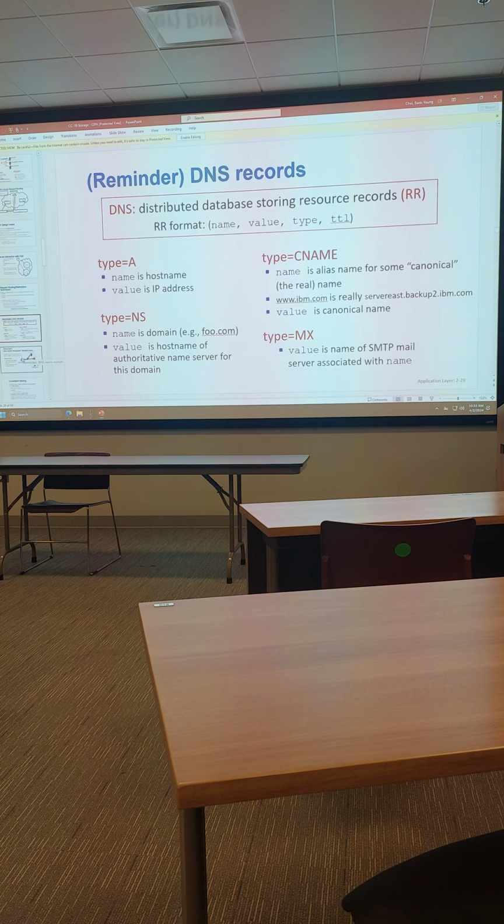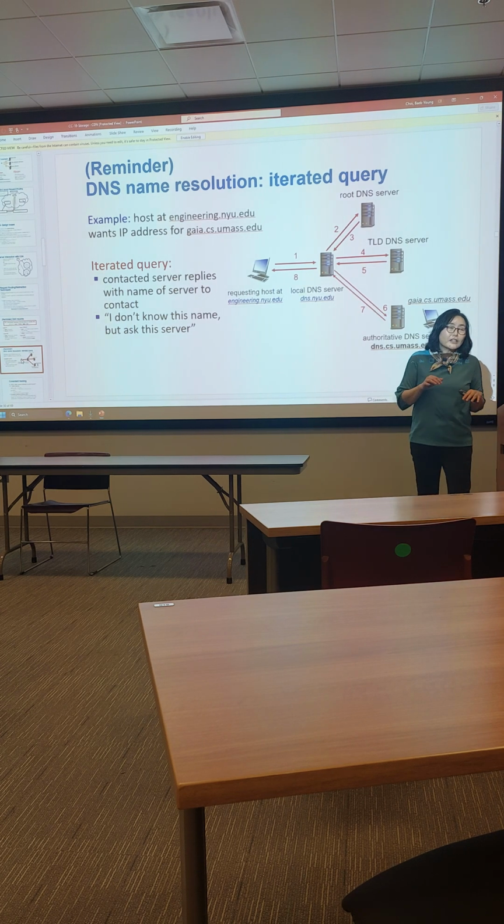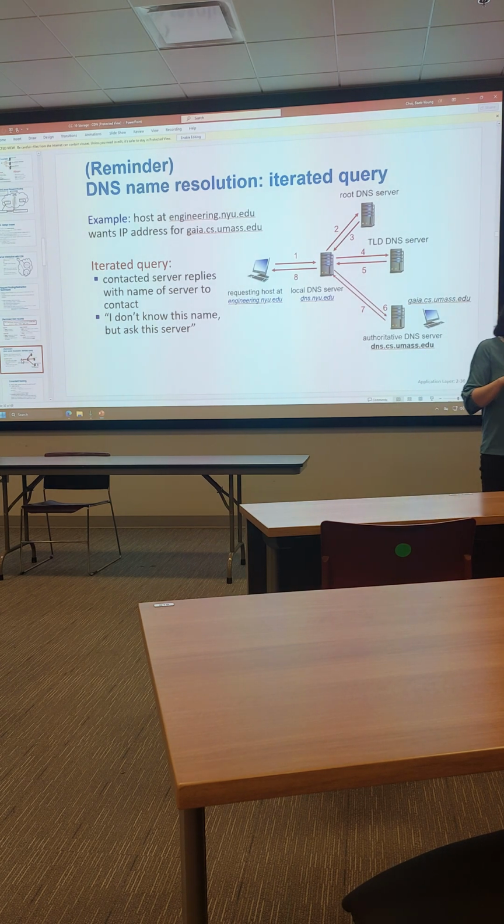I'm not sure if this is obvious to you or you are rusty on this. So how do you find out the IP address of some URL? Your browser will do it automatically through DNS, but you can also find it out using tools, like nslookup, right?